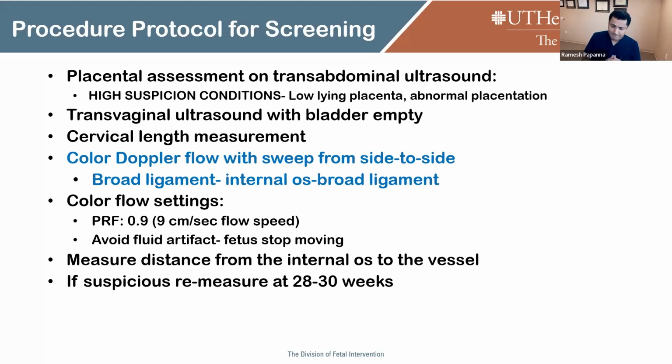The reason for that is fetal vein flow rate is around 10 to 12 centimeters per second, whereas the arteries flow at around 25, 30 centimeters per second. So if there is a fetal vein, and if your PRF is very high, you're not going to see it. It may look like a little cheerio on the membrane, but to see the color in the vessel, you have to bring down the PRF. And to avoid artifacts of the fluid movement, if the baby's head is cushioning in and